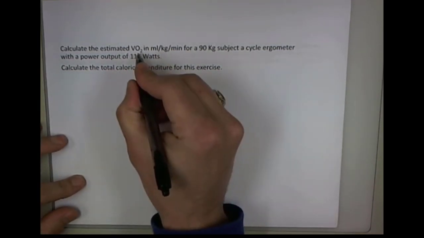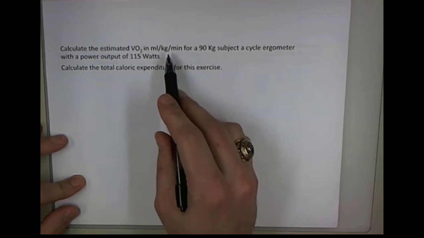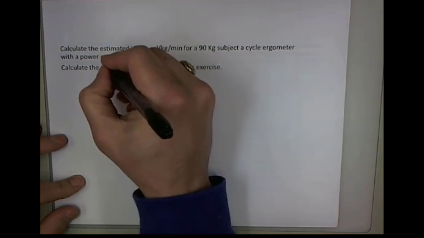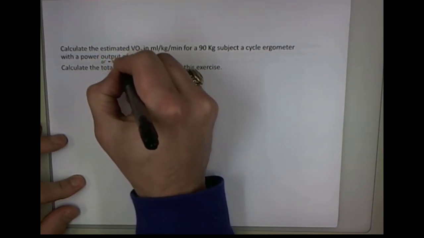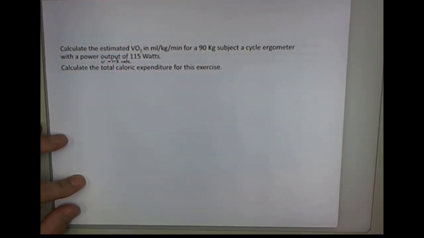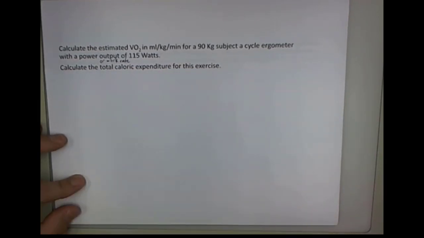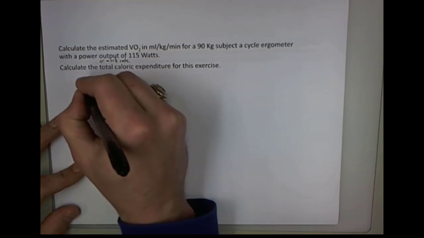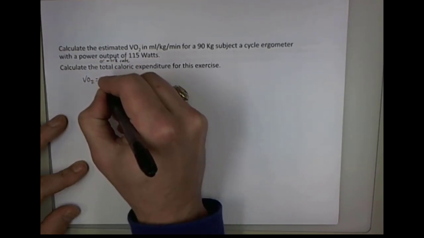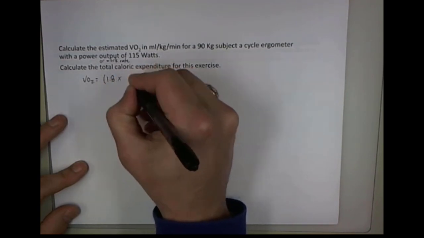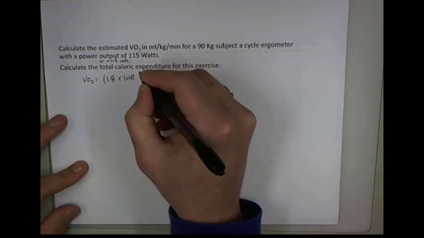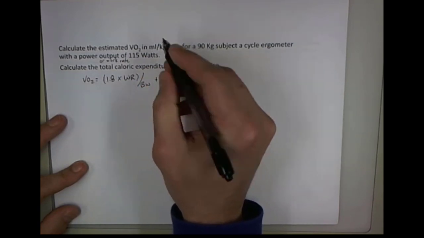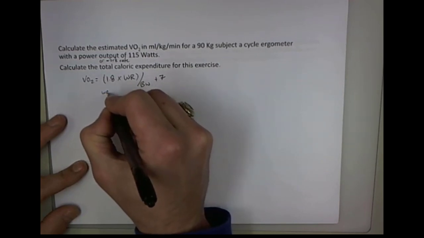So here's our question. Calculate the estimated VO2, so we're going to solve for VO2, for a 90 kilogram subject on a cycle ergometer with a power output, also known as work rate, of 115 watts. So let's work on that, and then we'll come back to calculating total energy expenditure. Again, we have two equations. We can say that VO2 is equal to 1.8 times our work rate divided by our body weight plus 7. And here, our work rate must be in